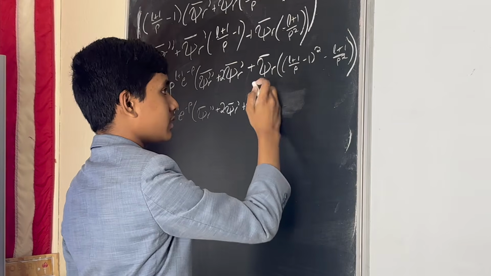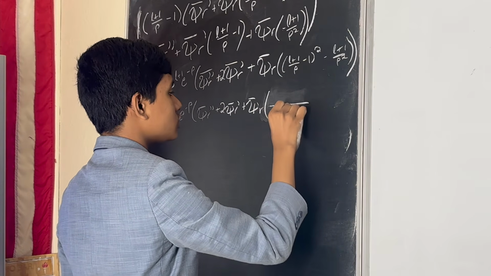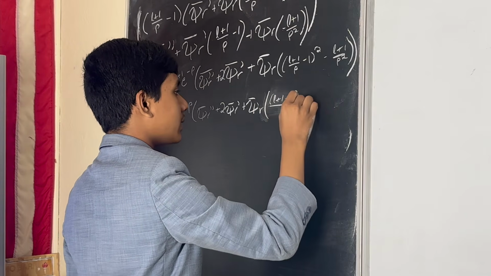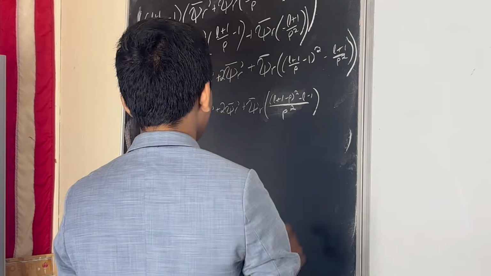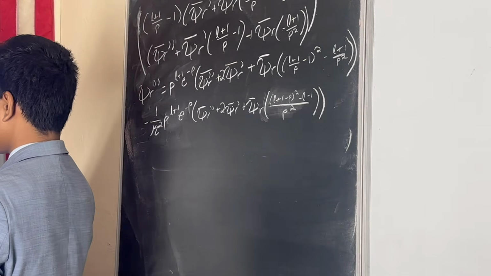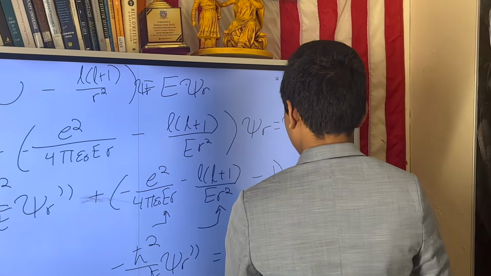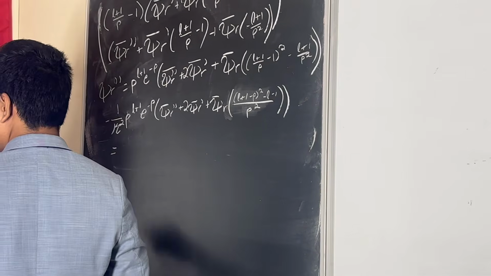So you can actually rewrite this as over rho squared, L plus 1 minus rho squared minus L minus 1. And then this has to be equal to what? What's on the other side? Well, we're just going to bring that behemoth over there. So this is equal to